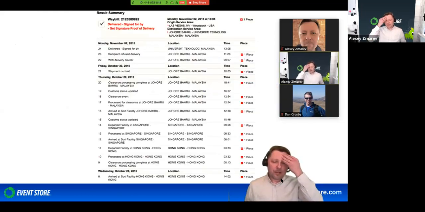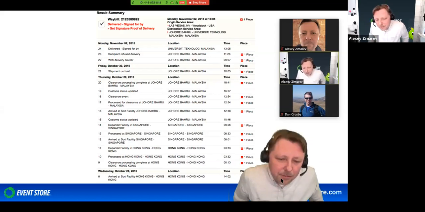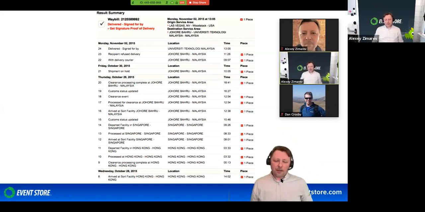Moving away from the shopping cart example, because it's pretty basic and a bit boring, although I will need to get back to it later. This is something that some of you would recognize: the tracking of a DHL waybill. You are interested in the current state, where your package is, but you also want to see how it got there. Sometimes, especially when it gets misrouted, I had several situations when my package was flying back and forth between Amsterdam and Düsseldorf and never got to me. Because I knew the history of things that happened with my package,